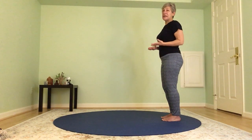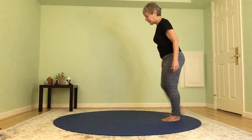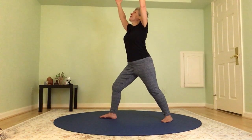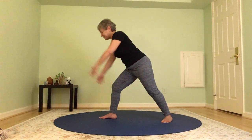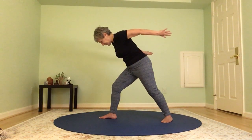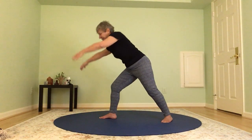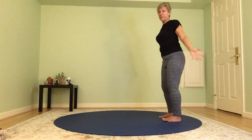All right, let's do that one more time through, nice and smooth now, okay? So let's step forward with the right foot. Big step, right knee bends, left foot down, arms long and up, and 3 times on your own. Inhale, let. Exhale, go. And after your 3rd time, coming back to warrior one, and step your feet together at the back of the